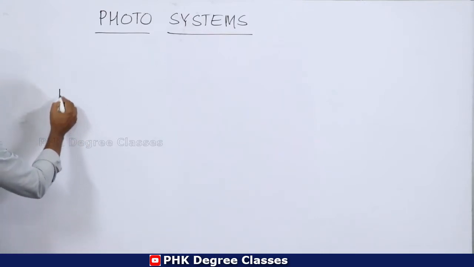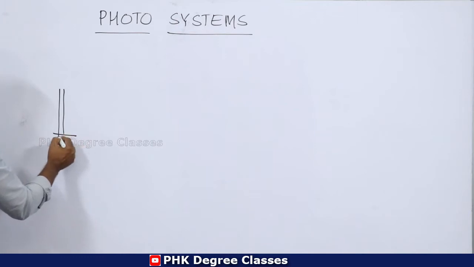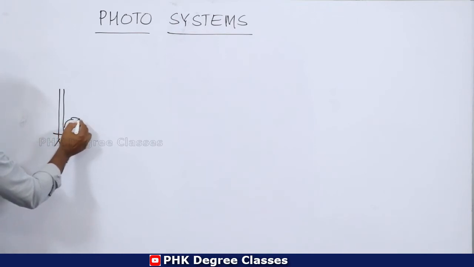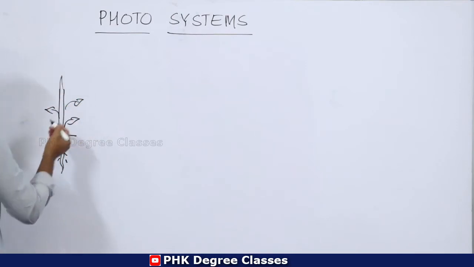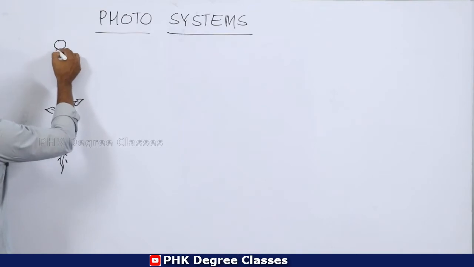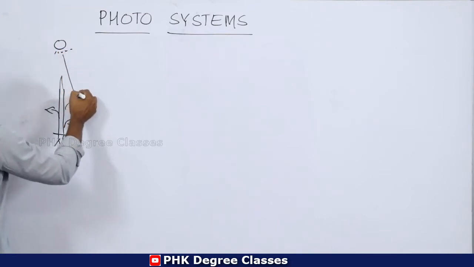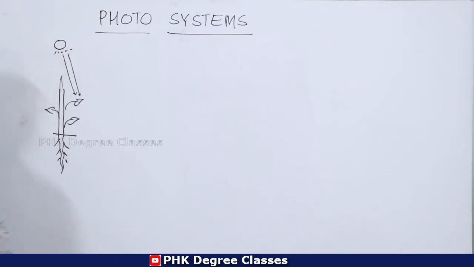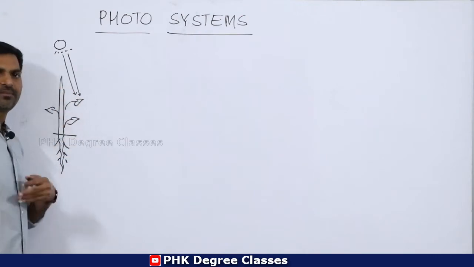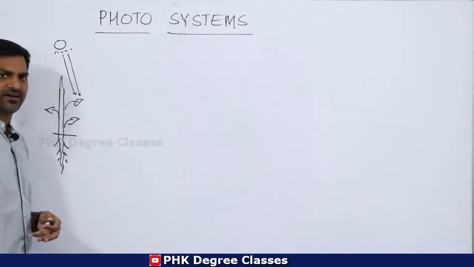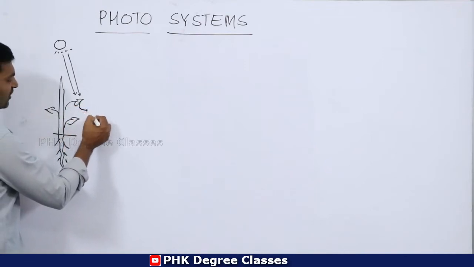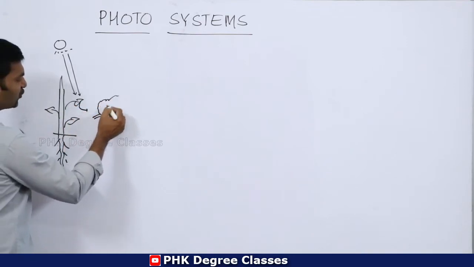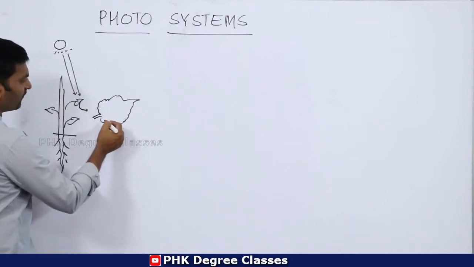For example, this is a plant, right? Every plant has a root system, stem and the leaves. These are the leaves. This is sunlight which penetrates on the leaf. Then it is useful for performing the photosynthetic mechanism. Clear? So when you see the composition of the leaf, for example, this is the composition of the leaf,